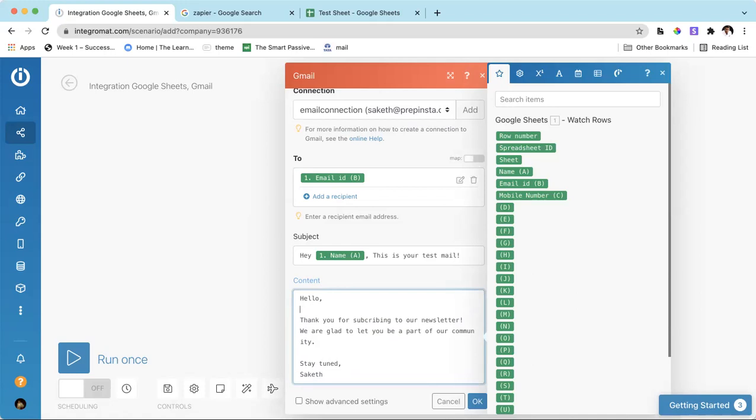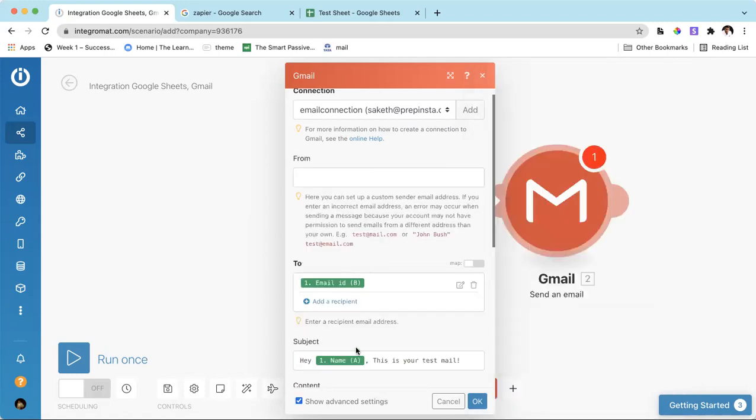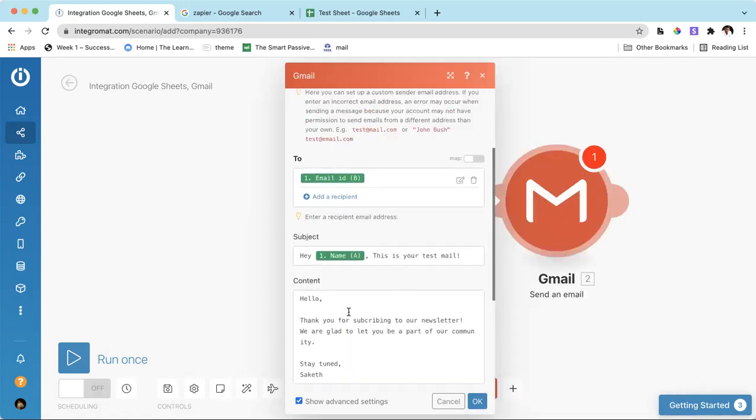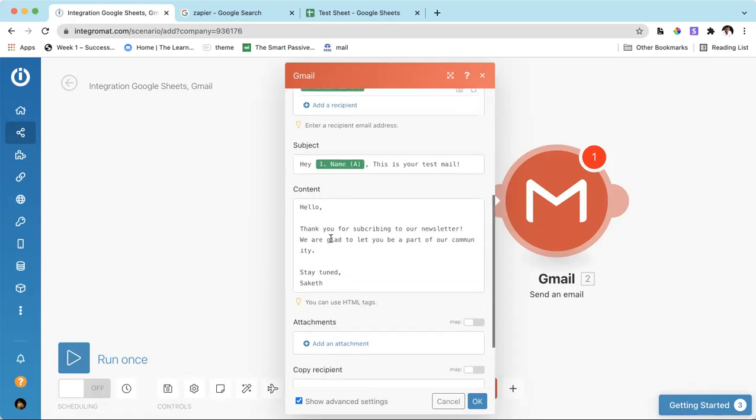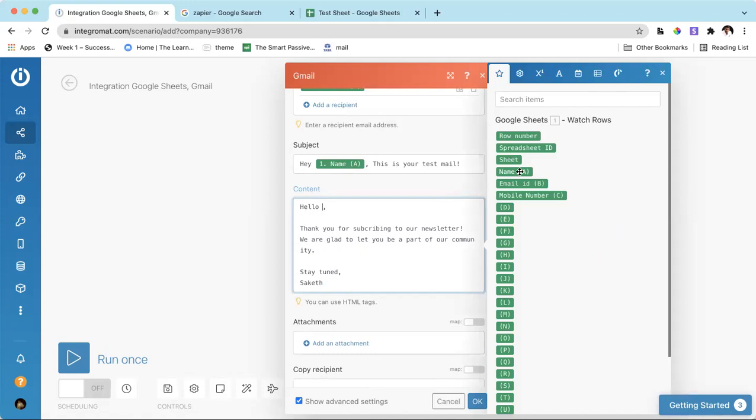Now let's hope that this mail works. Okay. Now hello, and I can also add his name. Okay. Please confirm your mobile number.